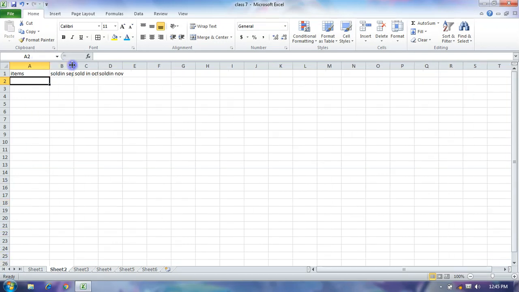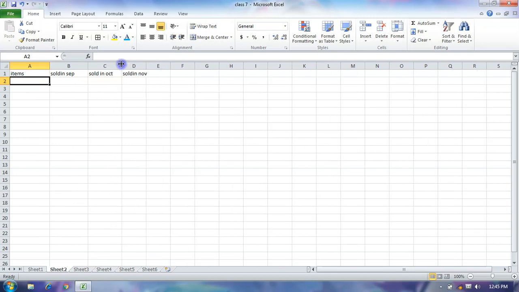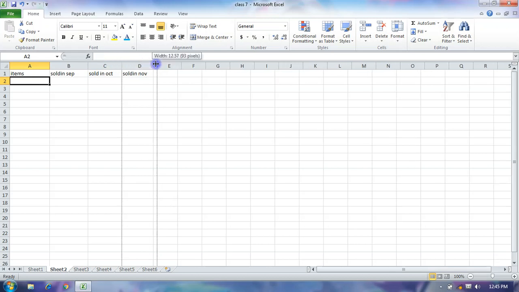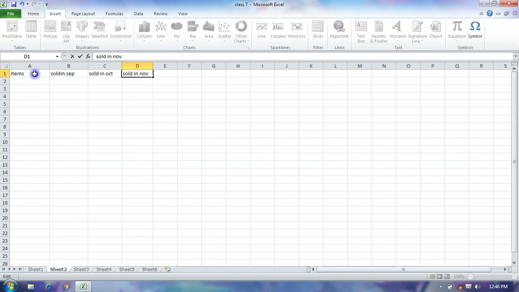When your text is mixed like that, you can click on here and drag your cell.